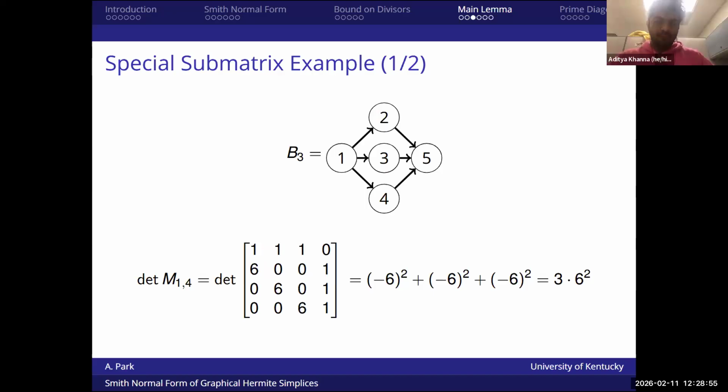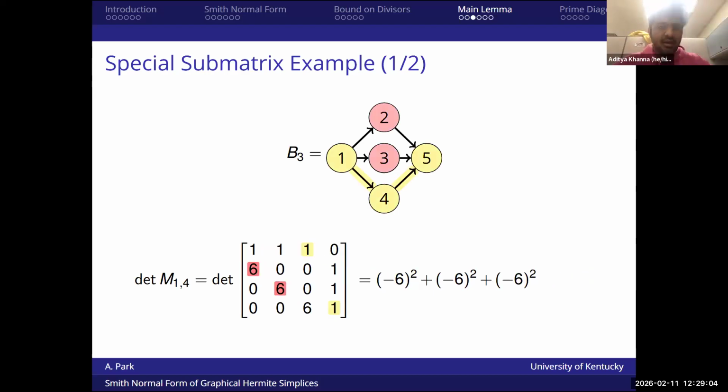Just a small question. When you're computing the path, could you go back to one of the colored things? I just want to understand. So the yellow on the top is 1 comma 4, and that's why it's 1 to 4. And the yellow on the bottom is 4 to 5. Is that correct? Yes, I highlighted those in the big simplex, those that correspond to the edges between 1 and 4 and 4 and 5. So you are correct. And the red ones are